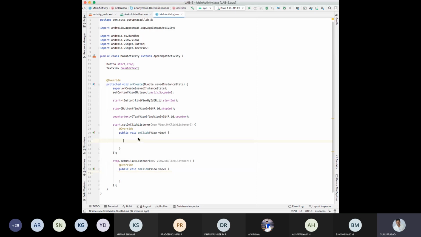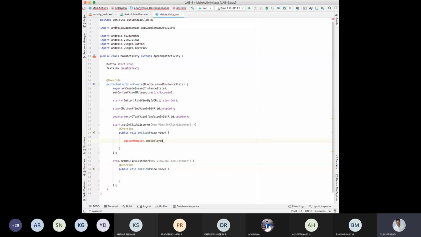Now, upon clicking the start button, there is a handler, a custom handler, customHandler.postDelayed. I'll just type first, you just understand.